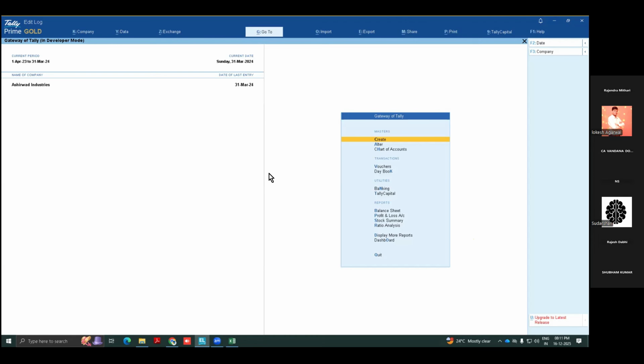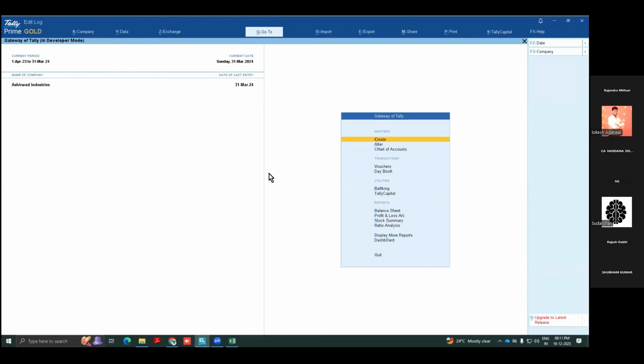as per accounting standards, my inventory value should be impacted, whether it may be reduced or added. If there is a discount, it should impact my inventory. If there are transport charges, they should increase my cost of purchase. So this is accounting standard 2. Let's start with that example.